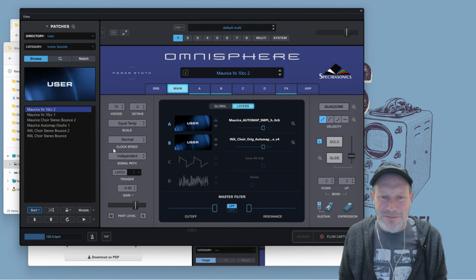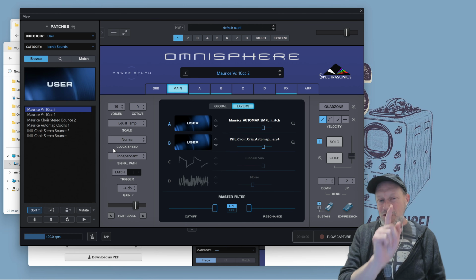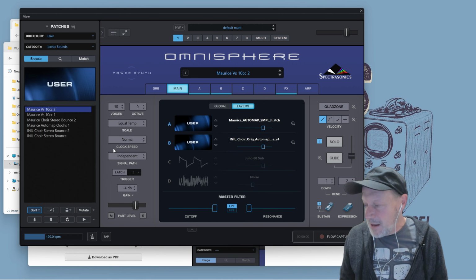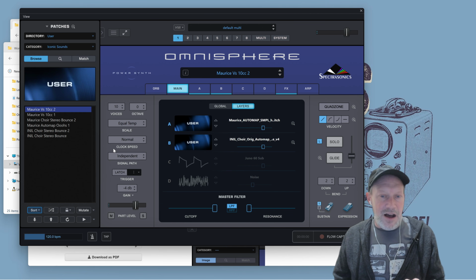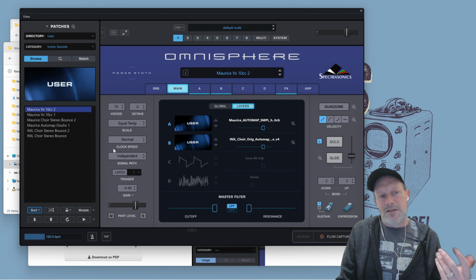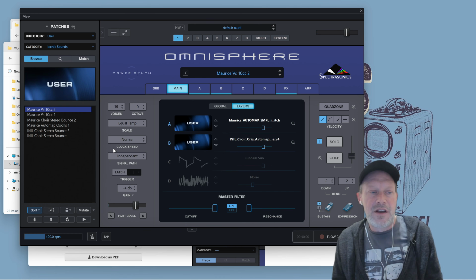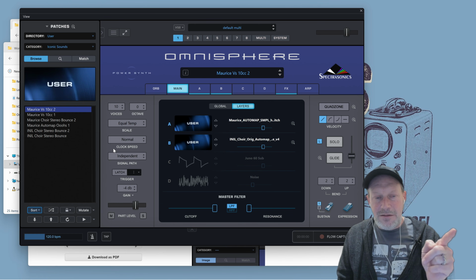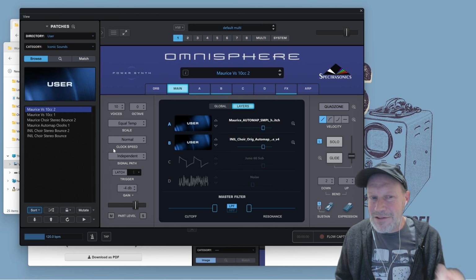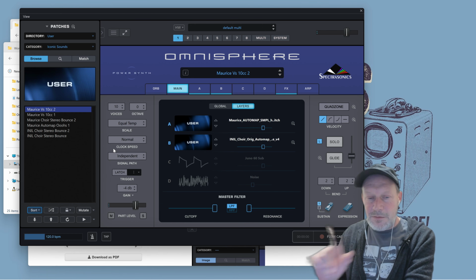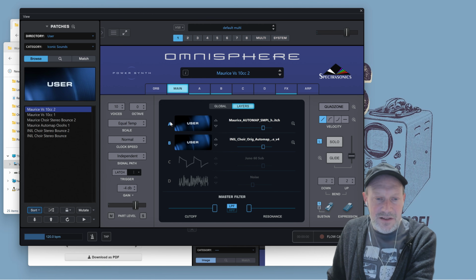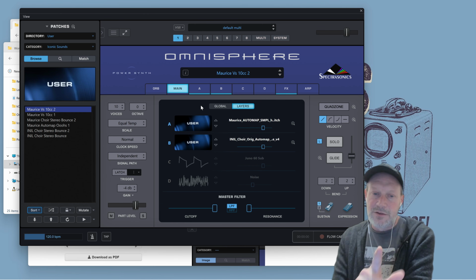So the real purpose of our conversation today is to talk about something that you don't know about Omnisphere. You probably know that you can import your own samples into Omnisphere, but then they will just be a single sample sound source. But did you know that you can make user multi-samples in Omnisphere? That's what we're going to get to today. And we're actually hearing a user multi-sample right now. The patch I have open, Maurice versus 10cc, has two sound sources in it, both of